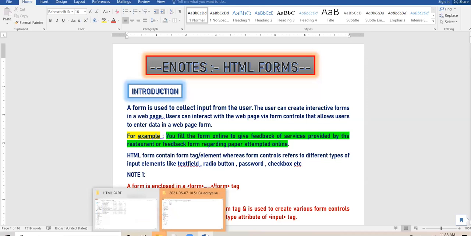What all controls you can create in your form? Text box, multi-line box, password, radio button, check box. Okay, then submit button, reset button, combo box, list box.